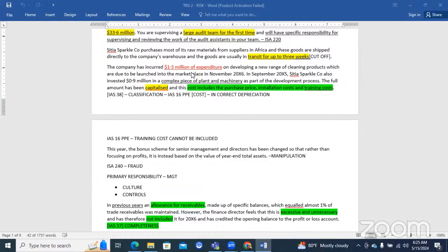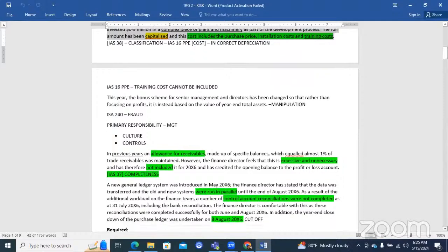Still it is a classification, an IAS 38 complication. Again, that comes under inherent risk. Third one, IAS 16 Property, Plant and Equipment, 0.9 million: cost is overstated, incorrect depreciation. Both are inherent risk. So far, in the case study, everything is inherent risk. Now let's